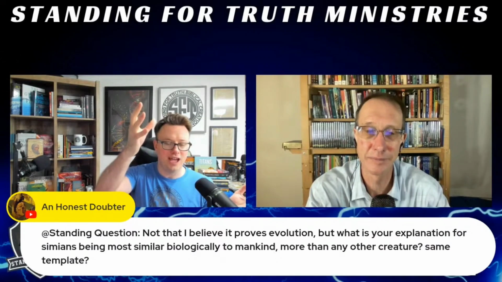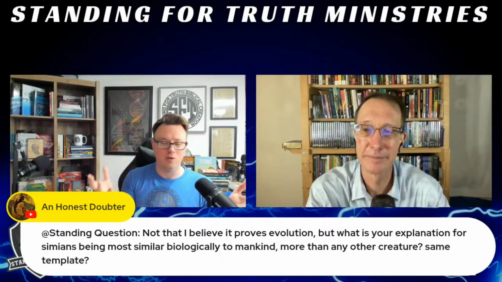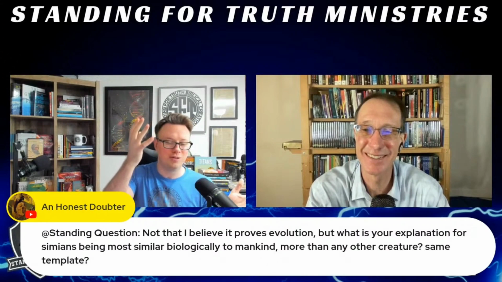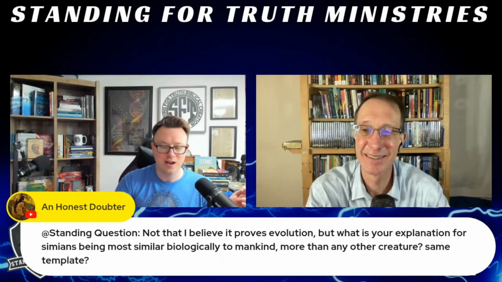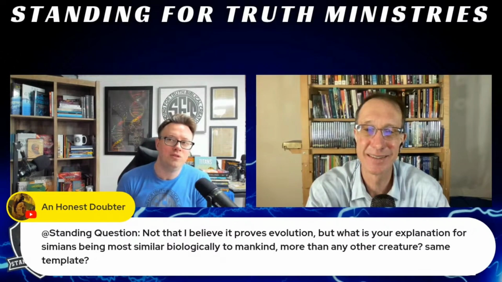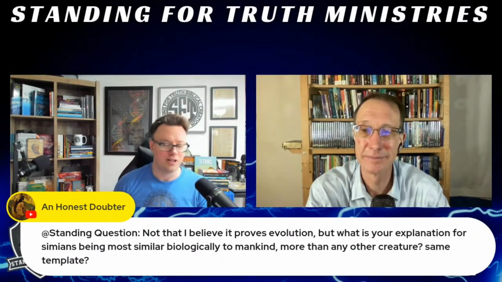We could take all sedans, hatchbacks, and let's say a boat or an airplane. Well, it just so happens there's a nested hierarchy there, isn't there, Brian? Where sedans are more similar to hatchbacks than they are to a boat or an airplane. So I would say hierarchies, the fact that humans are more similar to chimps than they are to even monkeys, dogs, or fish, that's characteristic of design. As you said, that's the way God created. He created the biological order hierarchically.